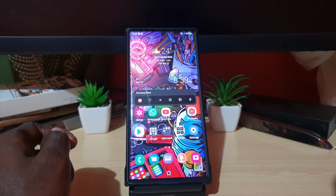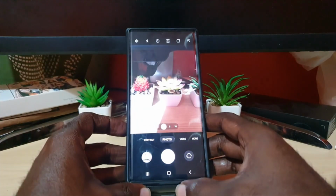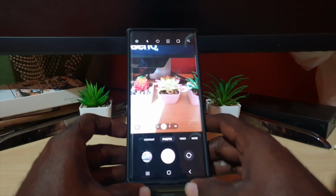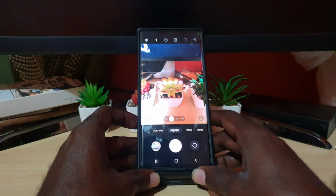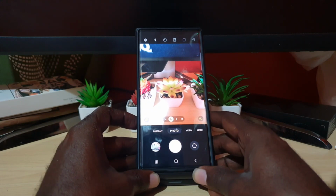All right, so if your camera is blurry or fuzzy, and of course it's not focusing, you're going to try the following. The first tip is specifically for the S22 devices. Now of course go ahead and launch your camera, and what I suggest guys, in case the camera is not focusing and you're getting those blurry pictures, go ahead and move your camera very close to a subject. Now of course once you move close to any subject at all, it doesn't really matter what subject it is,